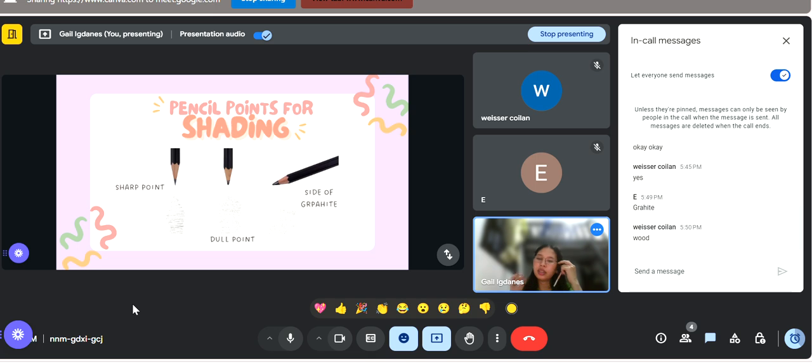For the dull point, you also need to use it in this way. While the side of the graphite, from the name itself, side graphite, you have to use the pencil